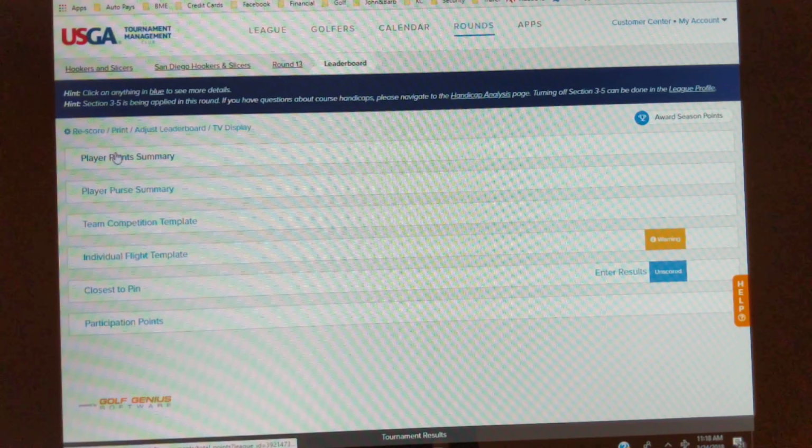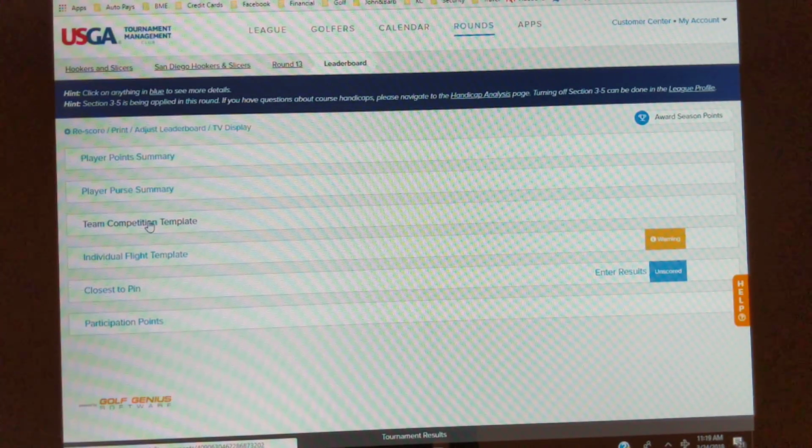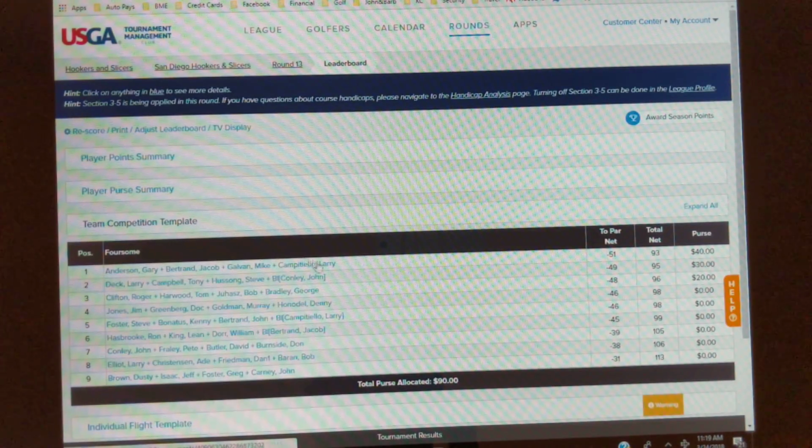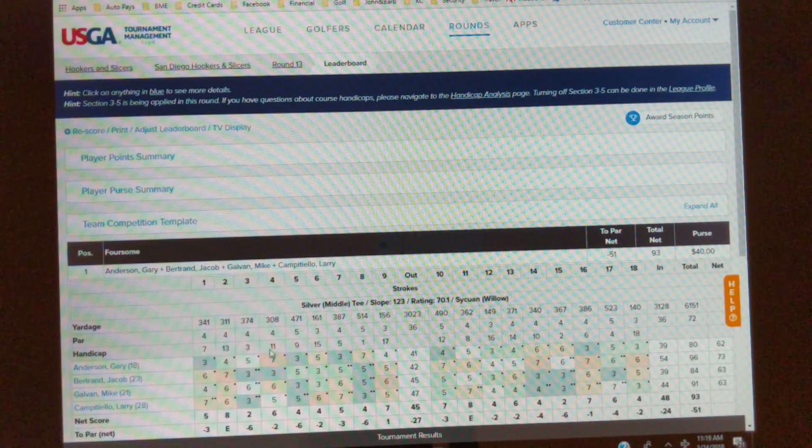Okay, so now what we want to check are the competitions, the two competition ones. The closest to the pin, Roger enters those after the tournament. We don't even have to worry about that. So let's do the team competition. You click on it, and there's the winners. And they have the debt to par, the total net. They give pretty good scores at this random. If you want to see individuals, team scores, this is where you would click on the team. So the team that came in first, I click on Gary Anderson, and it will actually give me